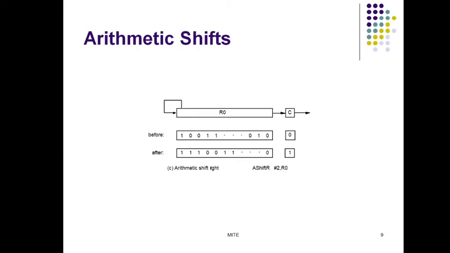You can see since it is right shift, we have the carry bit on the right side, and R0 is here. You can see this arrow mark. What is coming back in is whatever the sign bit is, that is going to be repeated. So what is the content of R0? It is 10011, last three bits are 010. The carry bit will be initially 0.